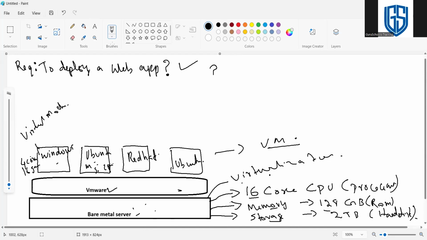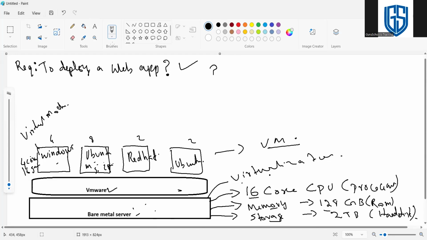We need to divide with this bare metal configuration. Okay, so we can divide like 4 for this, 8 for this, so 12, then only 4 there left, right? So we can do 2 for the last 2 machines. So in a similar way we can allocate those resources as per the applications.